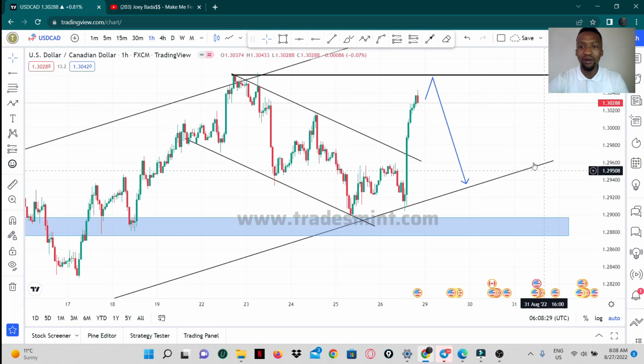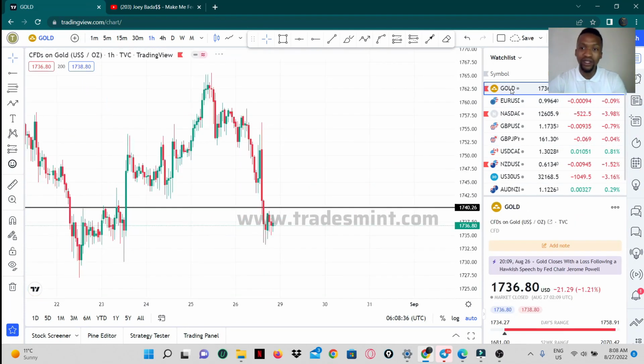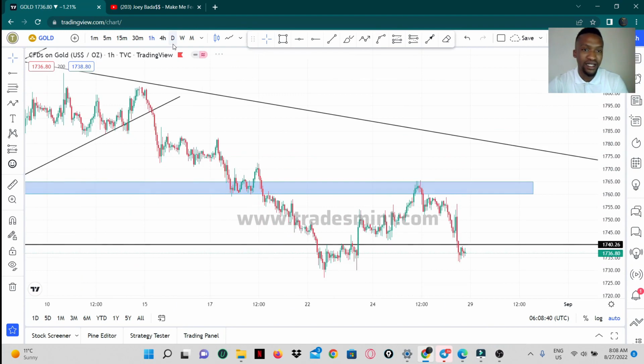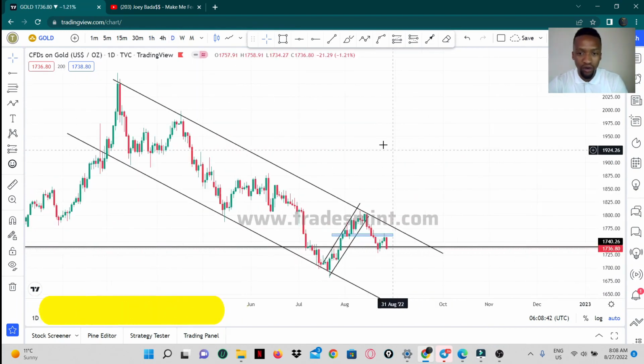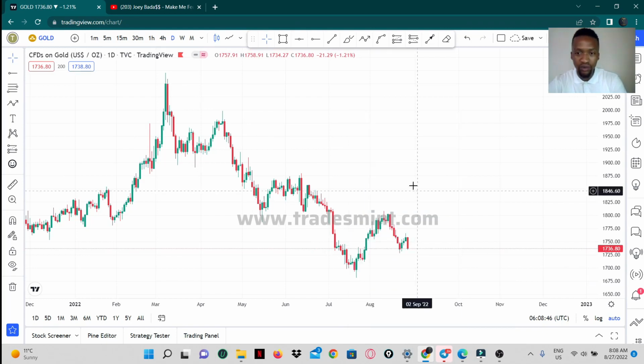Alright, guys, so I'm going to show you another example on another pair. Basically, guys, I'm showing you all these examples on these pairs because I believe that these pairs respect setups a lot. So over here, as you can see, we have gold open, but I'm just going to remove the drawings and start again. So basically, looking at gold from the daily time frame,